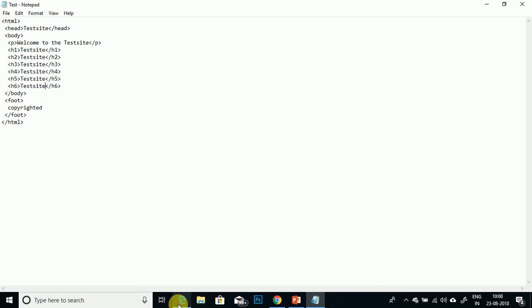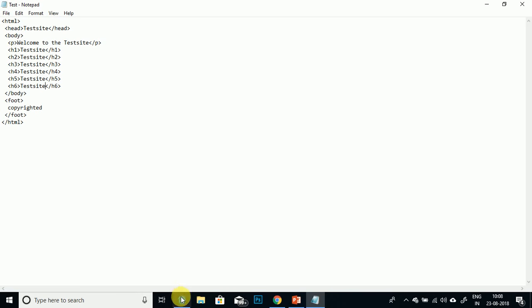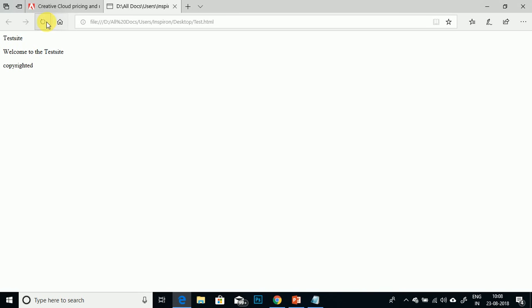Now I will save it. In the browser I will refresh the page, and you can see this is h1, this is h2, this is h3, this is h4, this is h5, and this is h6. So this is the difference between the heading tags.